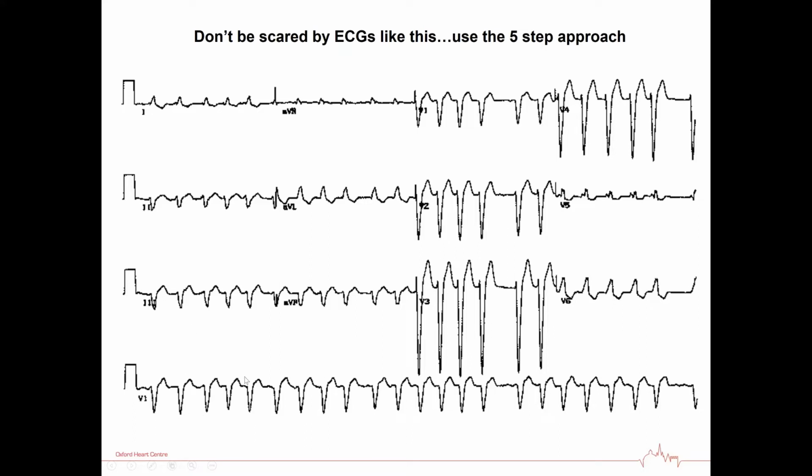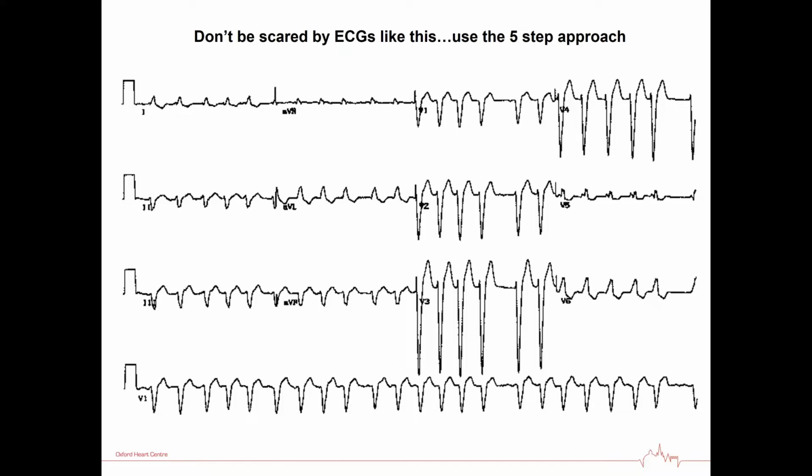We know it's AF. What else is going on? It's AF with left bundle branch block. William and Marrow, if you remember from medical school. William up in V1 and V2, and Marrow, if we zoomed in on V6, we'd see it better. So it's quite common, particularly in the elderly, to get some